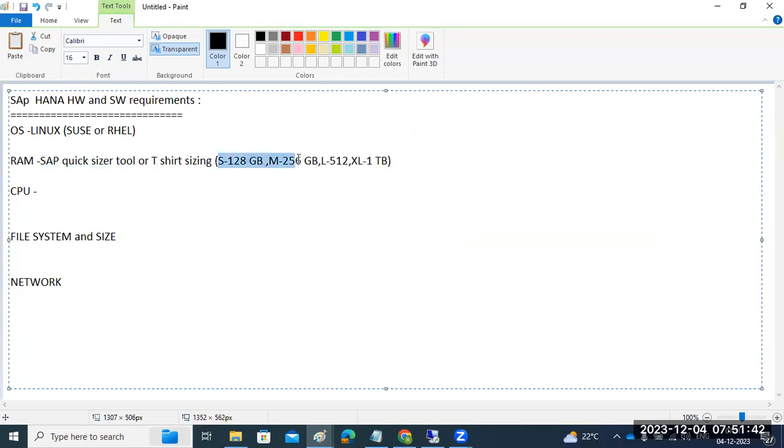In the same way we will go for the HANA database sizing also. Either you can use the Quick Sizer tool, or similarly you can use T-shirt sizing here, right? This is the standard calculation to use. So based upon the RAM size, suppose normally